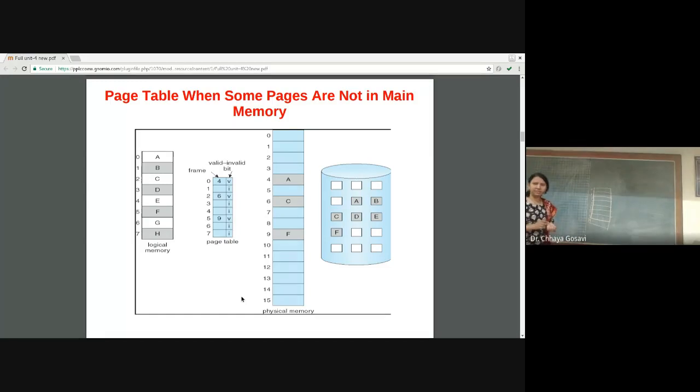We have 8 pages, and out of those 8 pages, only 4 pages are loaded into main memory. The 0th page, 2nd page, and 5th page are loaded in frame numbers 4, 6, and 9.